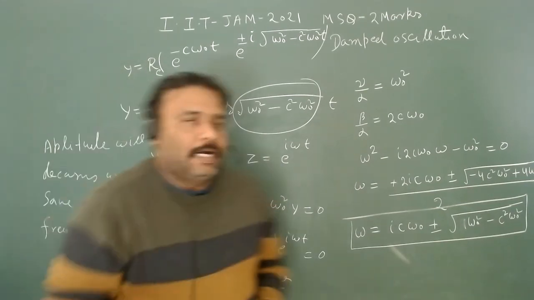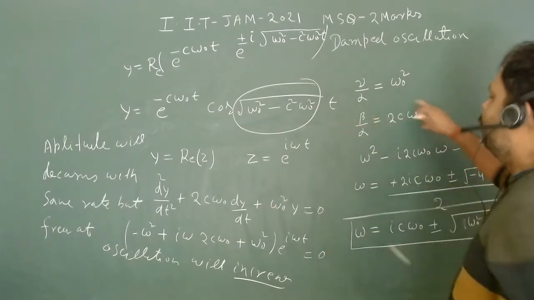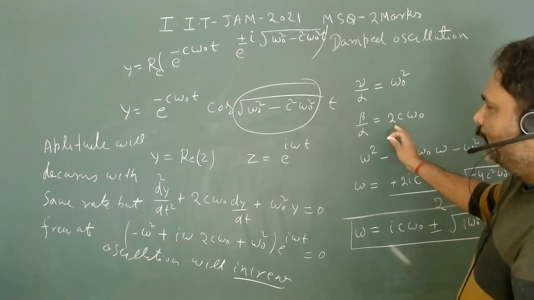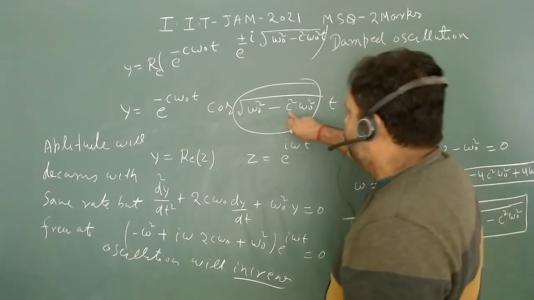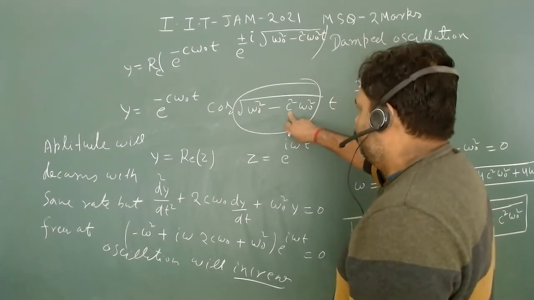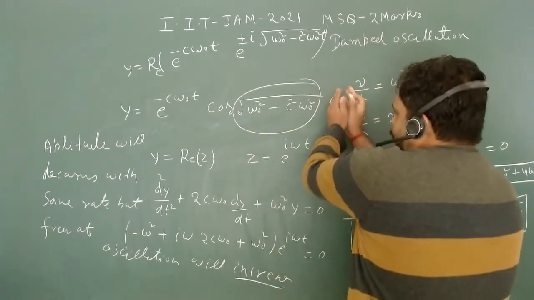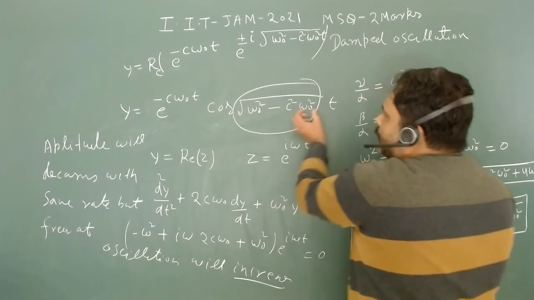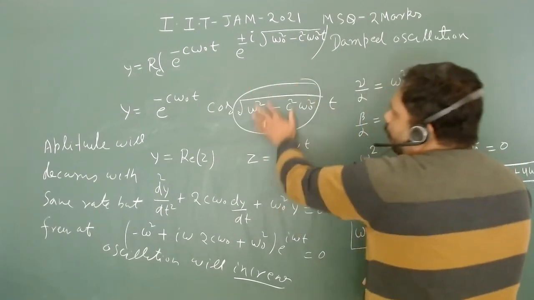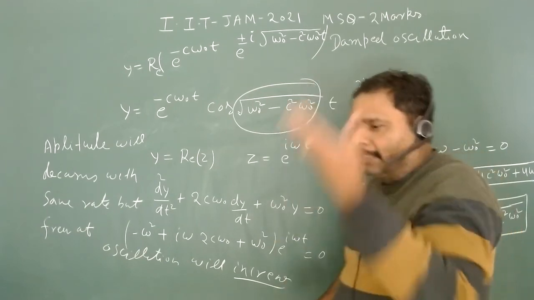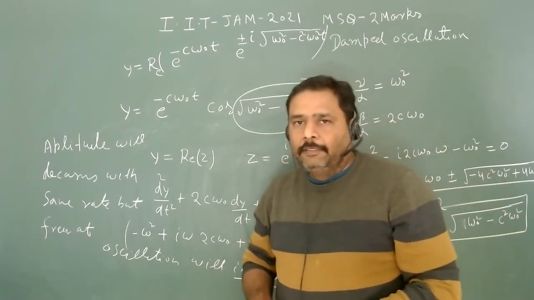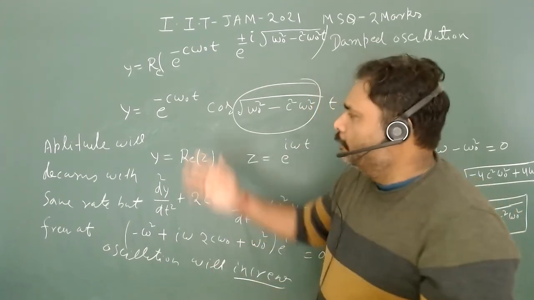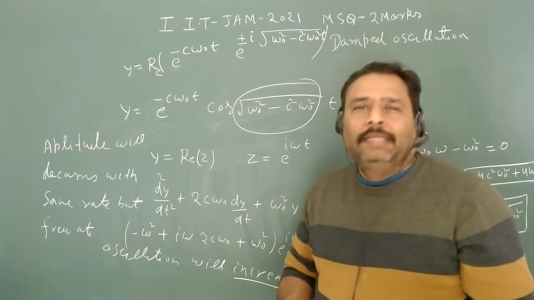So you can see how smartly we have put this parameter such that each and everything can be easily correlated. And you can think that this c is actually a constant value. If you want to take omega naught outside, you are writing your frequency part, your oscillation part, in terms of omega naught into some number. And if you see whether this number is greater than or less than, then you can easily analyze the whole problem. So it's a very nice problem, and you can easily go through it without remembering any formula.